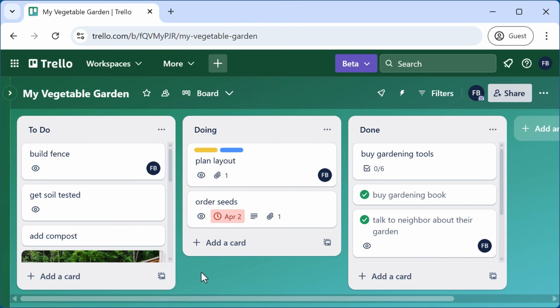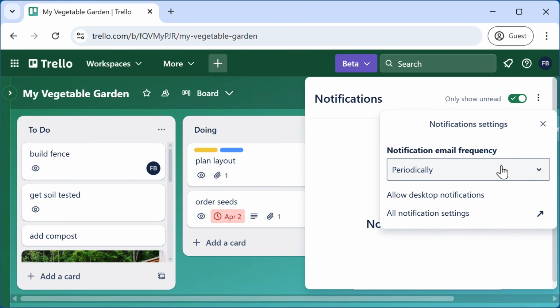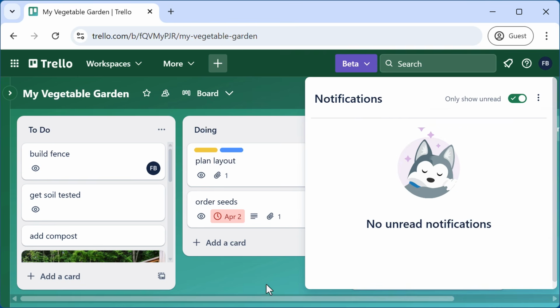You will also see that same icon on the board view of the card. When you watch a card, you get notifications about changes that other people have made to the cards. And you'll see those notifications up in this notification alert area. If you click into here, you can explore lots of options for changing settings around notifications, such as the frequency that you receive notifications and what kinds of actions trigger notifications for you.